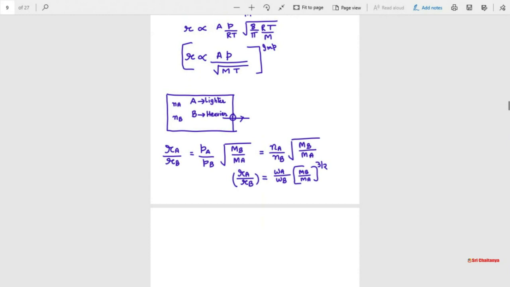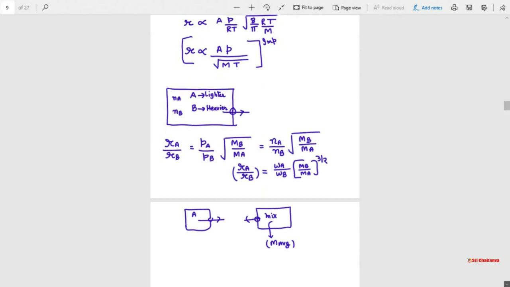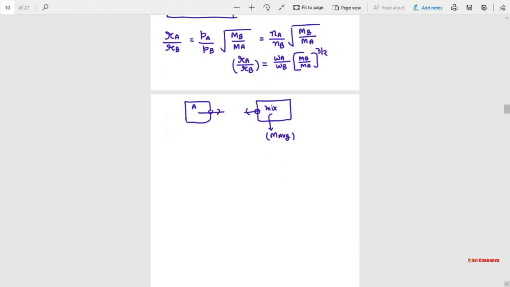Sometimes they will ask a question in which they are comparing the diffusion of a gas with respect to a mixture. So suppose a gas A is there and they are comparing this gas A with a mixture. In that case, in place of molar mass, we have to write the average molar mass of the mixture. Most of the questions are based on that. And the second application of Graham's law is